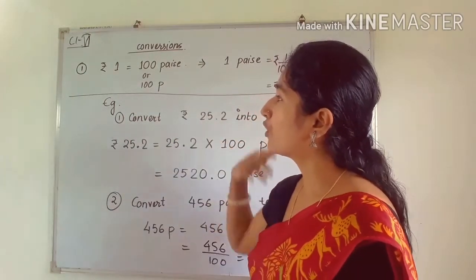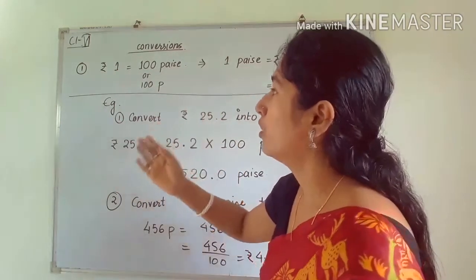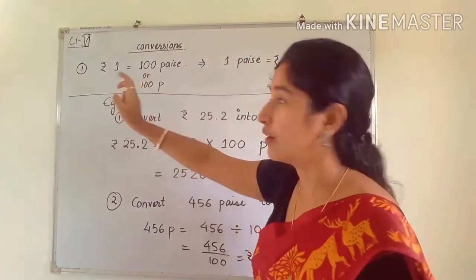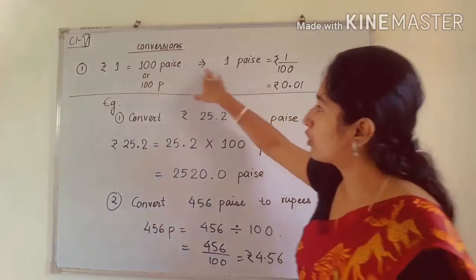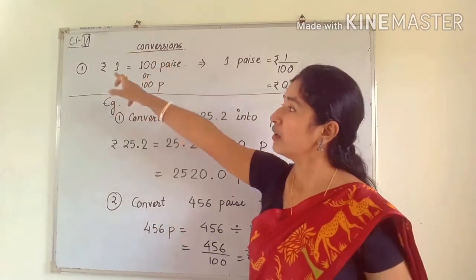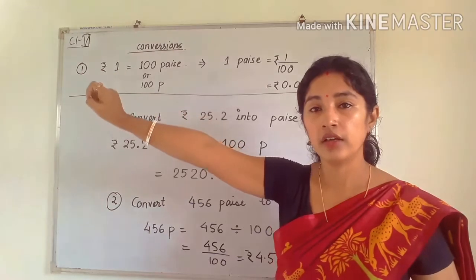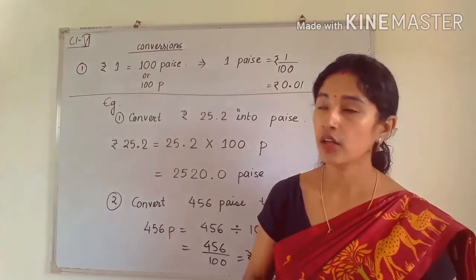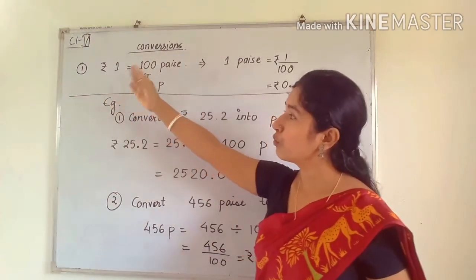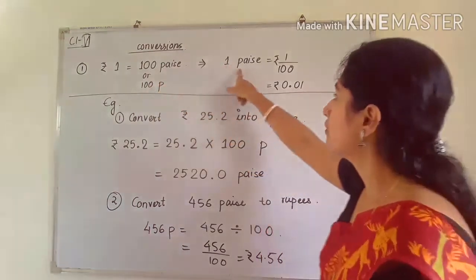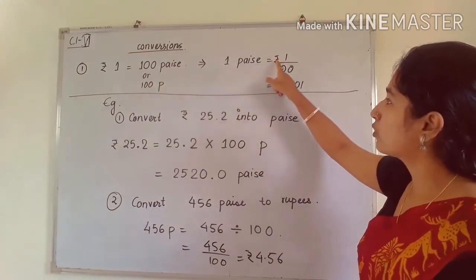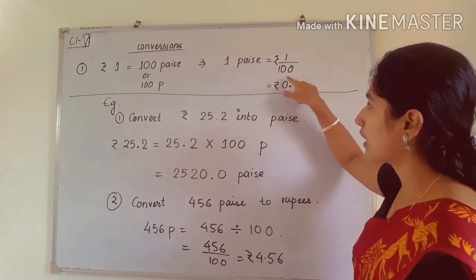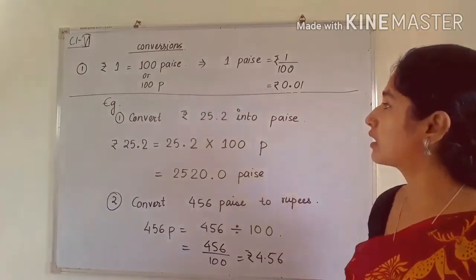So if I want to convert from paise to rupee, what do I have to do? For 1 paise I have to find, that means we have to divide rupee 1 by 100. Already you know that if you are given for many and you want to find for 1, then you have to divide. So if 100 paise is equal to rupee 1, then for 1 paise we divide rupee 1 by 100, and in decimal we can write 0.01. How to put the decimal, we have already discussed in the last lecture.